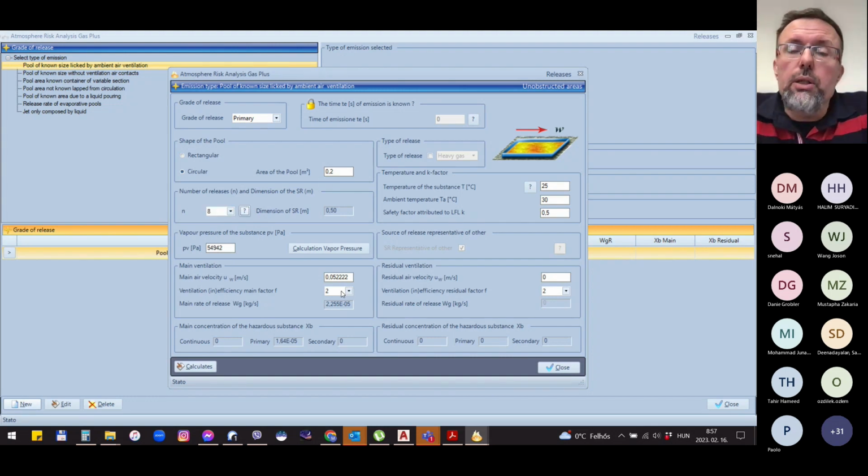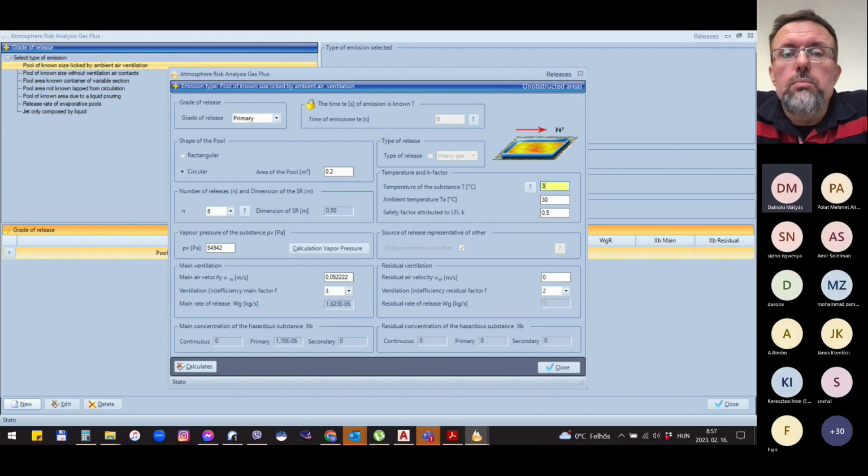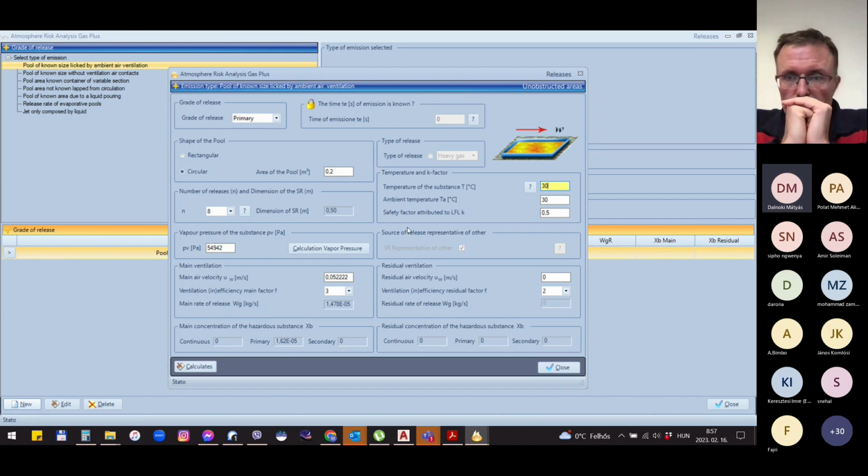As you said, Mátyás set it to primary. That's the case. Yes, I set the temperatures and the emission data. Just let me say that the 0.2 square meter is the surface of the can, it could be whatever. I said that we have got 8 cans, which can be evaporated at the same time, and we have got